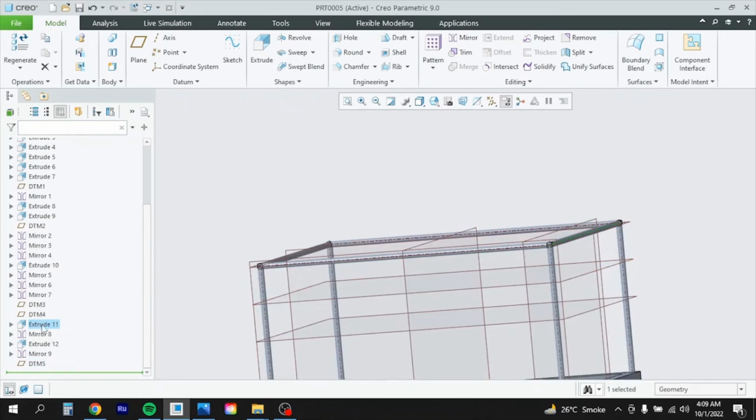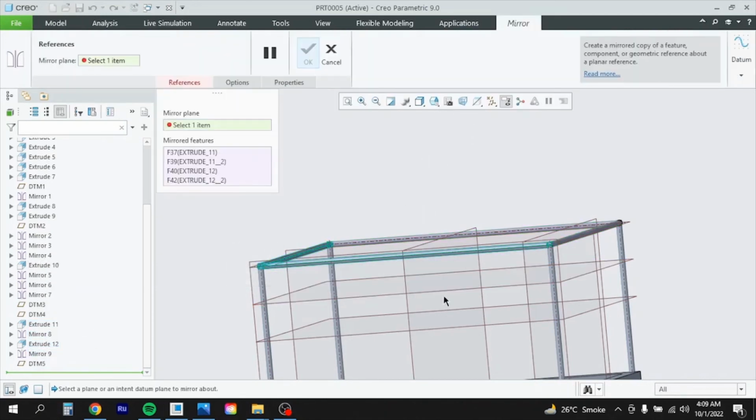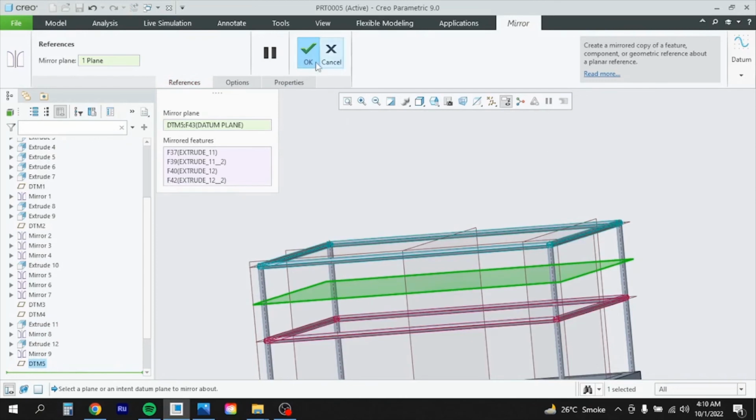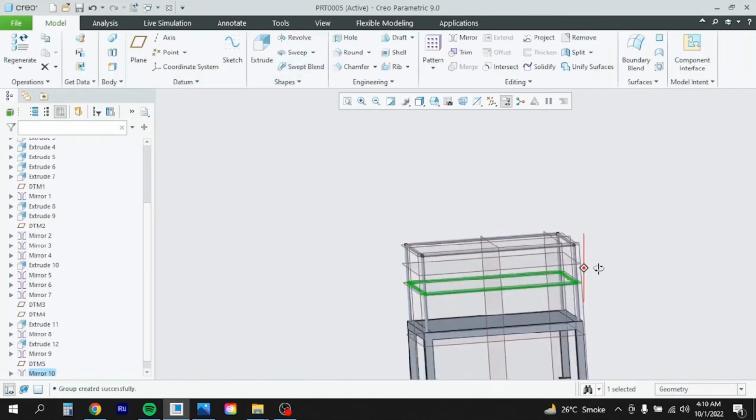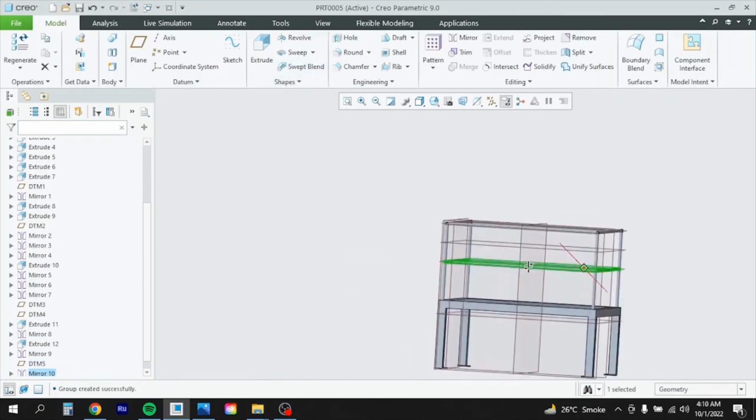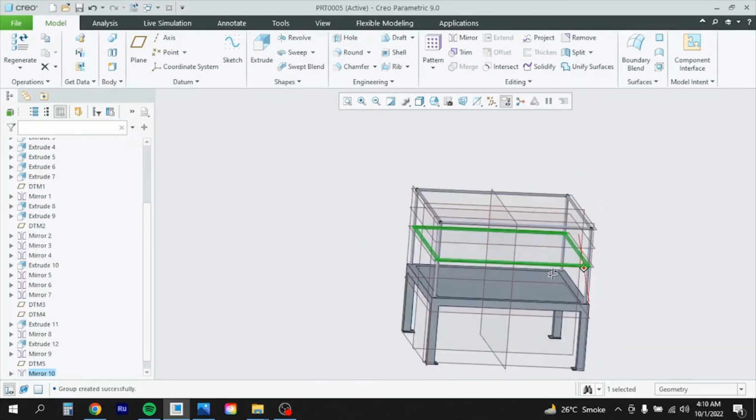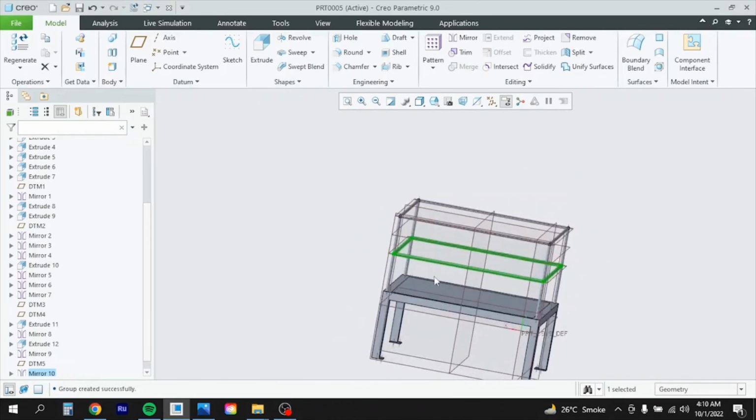Okay, so extrude this one, and then we have this mirror and this mirror. So we will make them all mirror along this plane, and I'll say OK. So now all these handrails are in place,